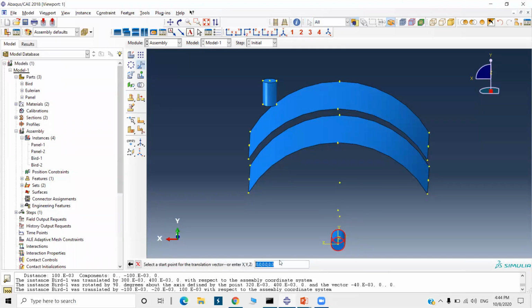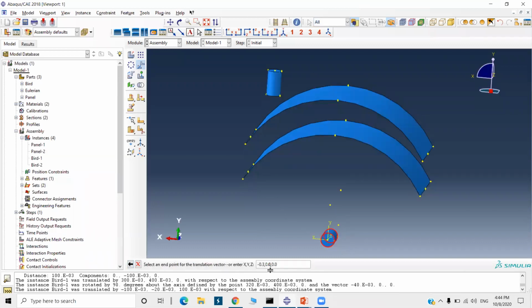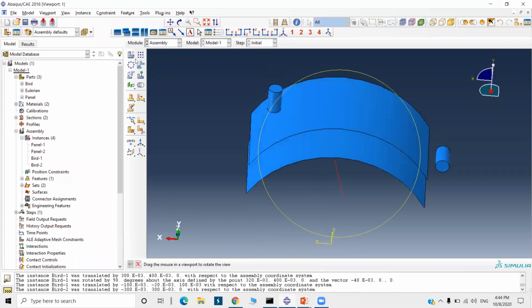So done. So this is the first point, starting point 0, and in the minus x direction, it should be 0.1. If the 0.1 is less, 0.3 is correct. And in the y direction also, I have to move it in the up direction, 0.3. Okay, I will accept this position now.